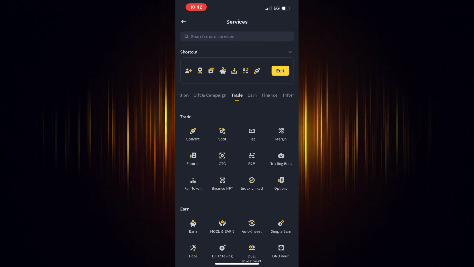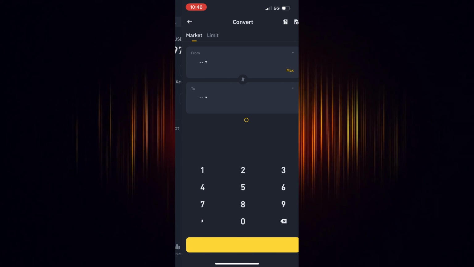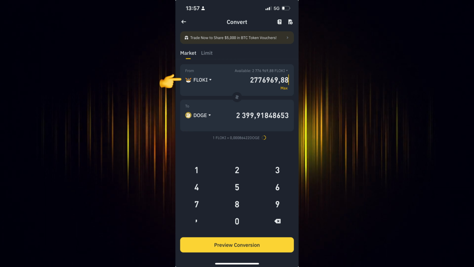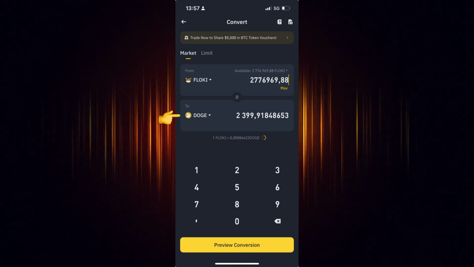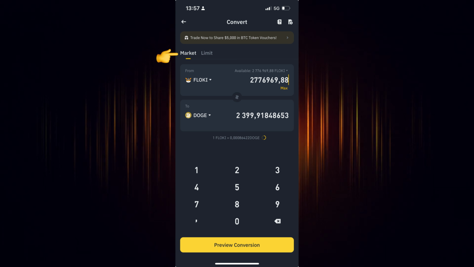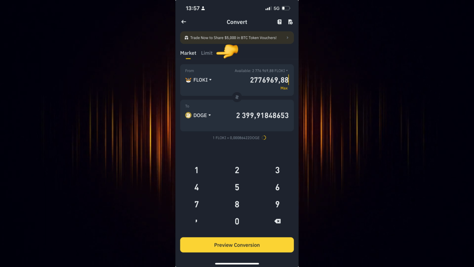Now go back to the home screen and select the icon you just added. Now select the currency you wish to use for the purchase. Then add the currency you want to buy. In our case, we are looking to buy Doge. There are two ways to buy it. You can either choose the current market value, or you can set the specific price at which you wish to